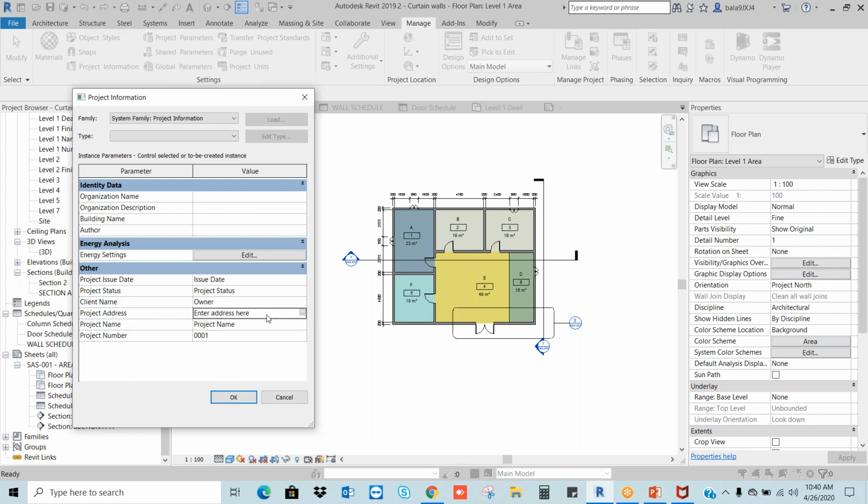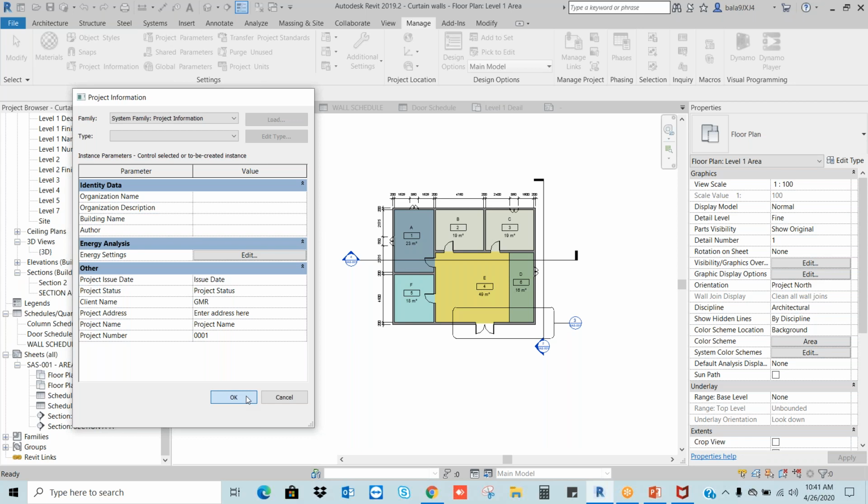Okay, project address, project name. Let's say I want to change the client name. Let's say, for example, SAS is a client, or else let's say I'm going to give a different name, GMR, for easy identification. I will select it and click OK.